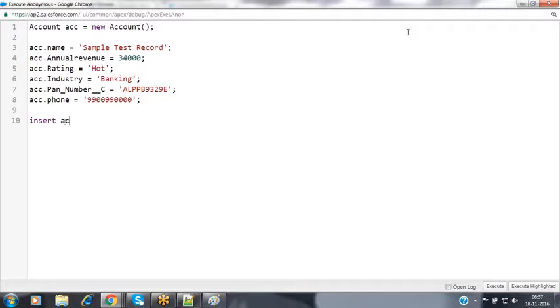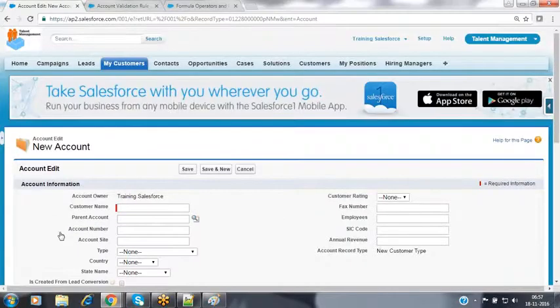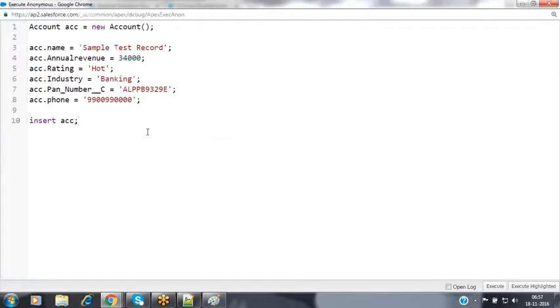Now, once you are done, we can specify insert acc. So now I'm passing the value for most of the fields: the contact number, industry, website, and the passport number. I'm passing that value here, acc dot passport.